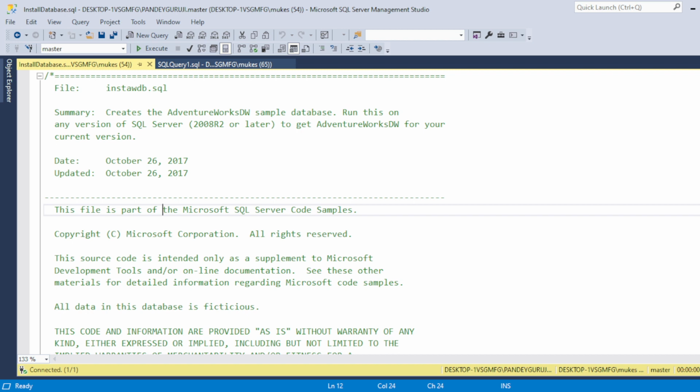I will tell you which part of this code you need to update. Now after Options you need to jump to Text Editor, and then Transact-SQL language.